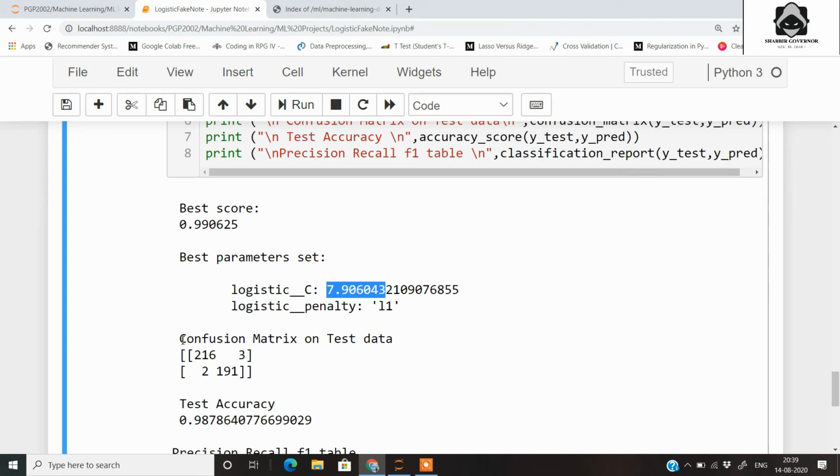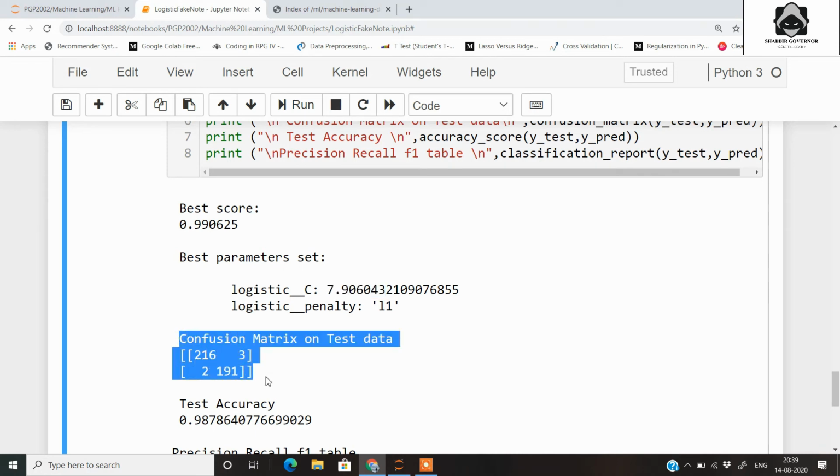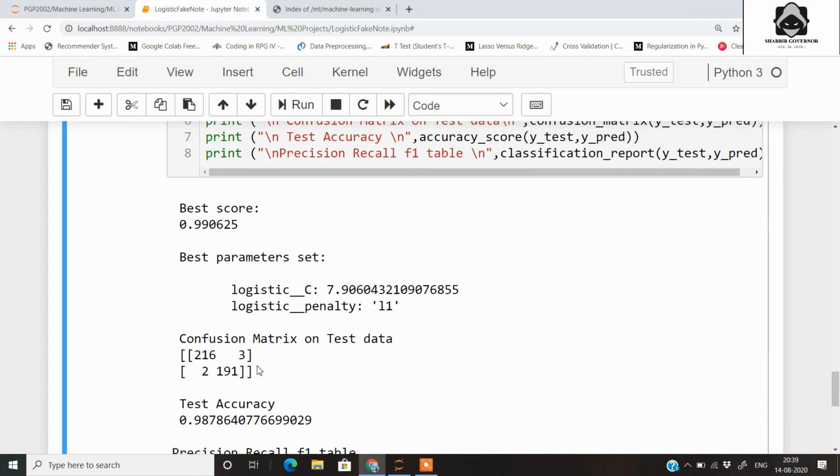And this is the confusion matrix. So let's see what this confusion matrix actually is. For any classification problem, the confusion matrix is a very important part.